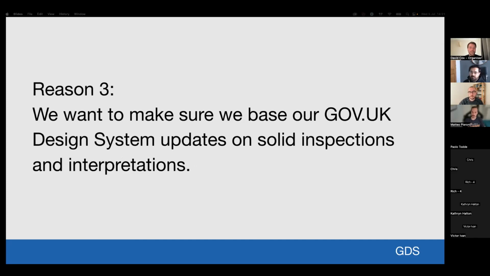And then the third reason is we want to make sure that the updates we're doing as the GOV.UK Design System are based on solid inspections and interpretations of these new criteria in WCAG 2.2, especially the more technical ones that you have to do some calculations on. Because it's not going to be great for anyone if we're using a different method to measure what it means to meet WCAG